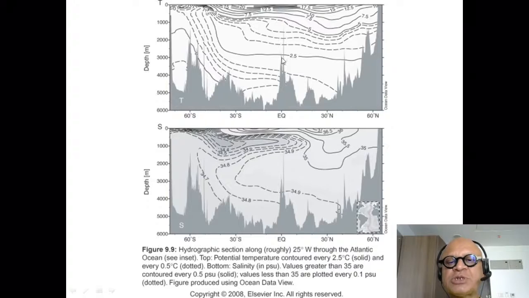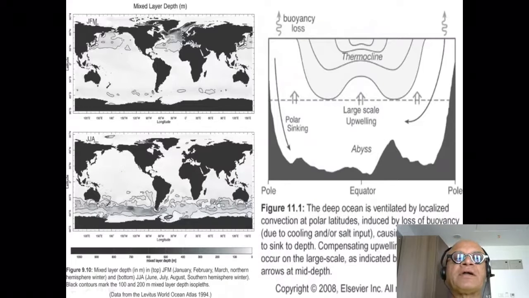And hydrographic sections always include temperature and salinity. They are typically measured from CTDs, conductivity, temperature, depth instruments lowered from a ship, for example, or from some other platform, or nowadays we have lots of data from the Argo float, which floats at the bottom of the ocean and comes up and beams the data. So again, you can see the evidence of the Antarctic intermediate water, North Atlantic deep water, and then the Antarctic bottom water at the bottom there.